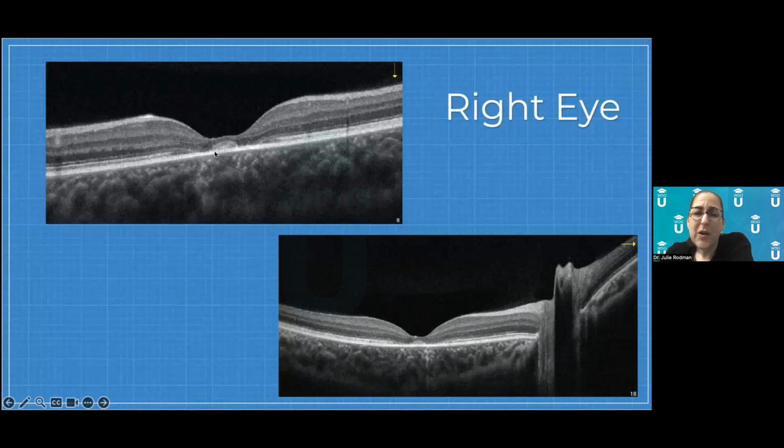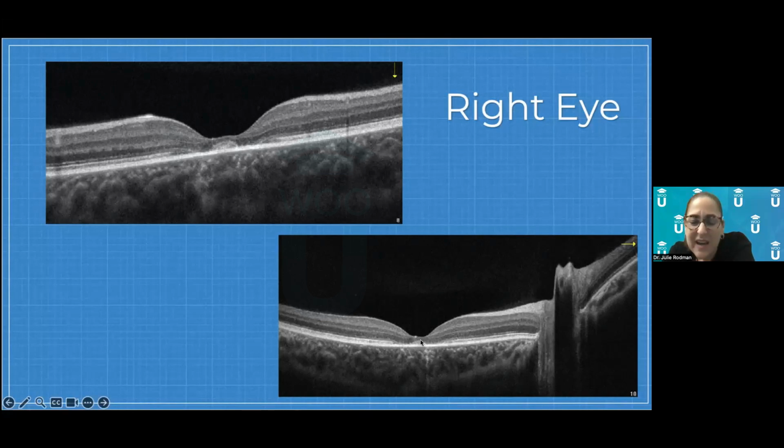Her vision was better because she had a little area right here. You can see this hyper reflective area here, which is some leftover. There are some cones kind of hanging on for dear life there. So you can see that there is a loss from here to here and here to here. And that's that hypopigmented area that correlates with the bullseye maculopathy.